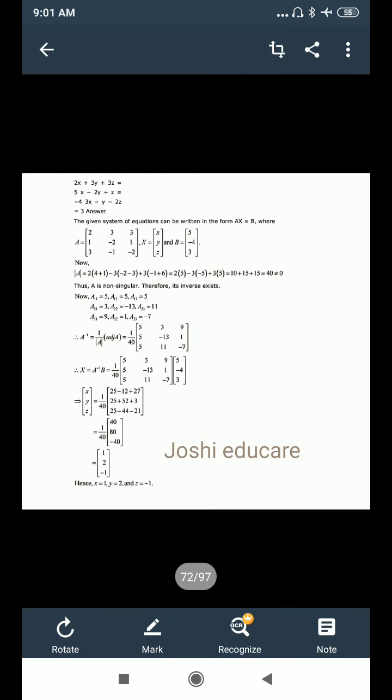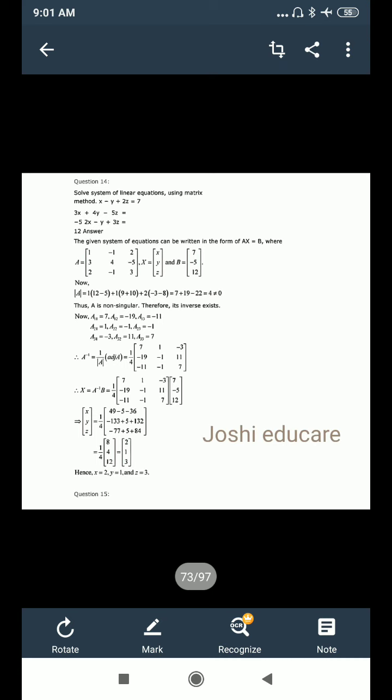So the solution is given over here. You will follow the same steps and you try a few questions. You need not try all of these. As soon as you are sure that you can now solve these, you need not waste your time. If it is a different type of question, then you have to try all of these. We are not doing anything else. The main objective is just that you find A inverse and your X will be equal to A inverse into B. So 3-4 questions you will try, and you will be able to solve all of them.